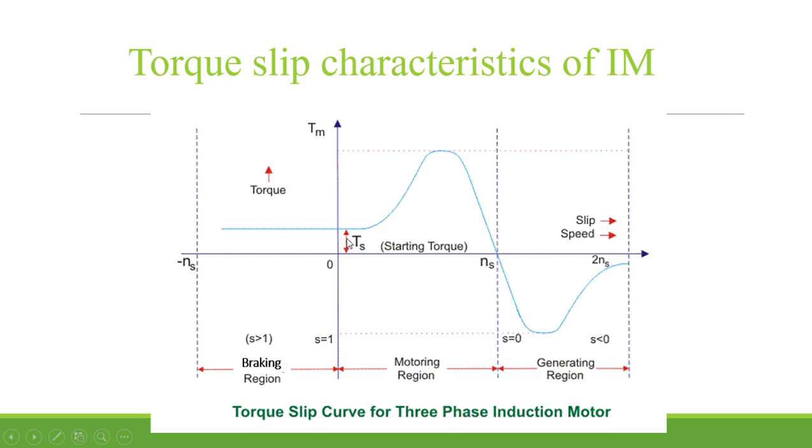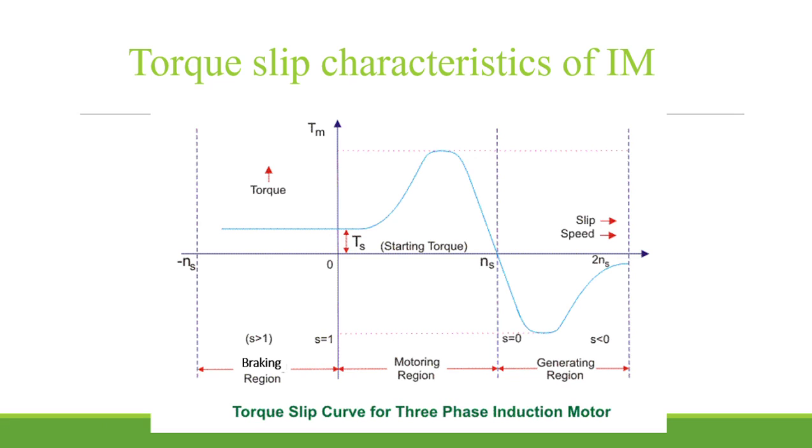An induction motor has some starting torque, so a three-phase induction motor is a self-starting machine. You can see in the low slip region the torque is directly proportional to slip, and in the medium slip region the torque is inversely proportional. So this is a rectangular hyperbola, and at slip equals 1 we have some starting torque. Now coming to the generating mode. In generating mode, the induction machine will run at a speed greater than the synchronous speed.